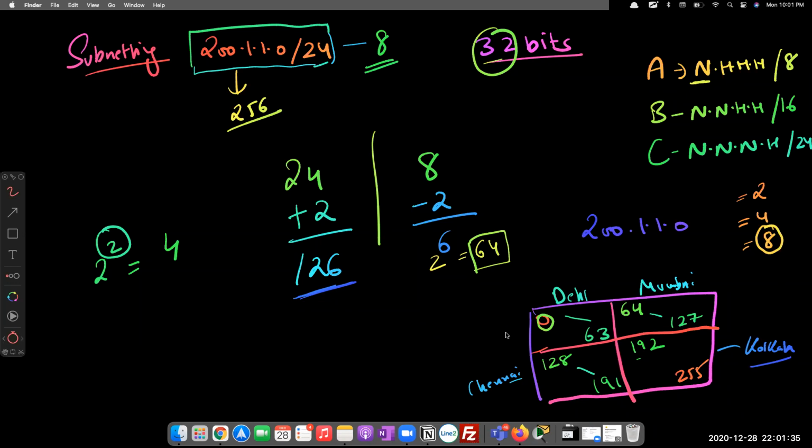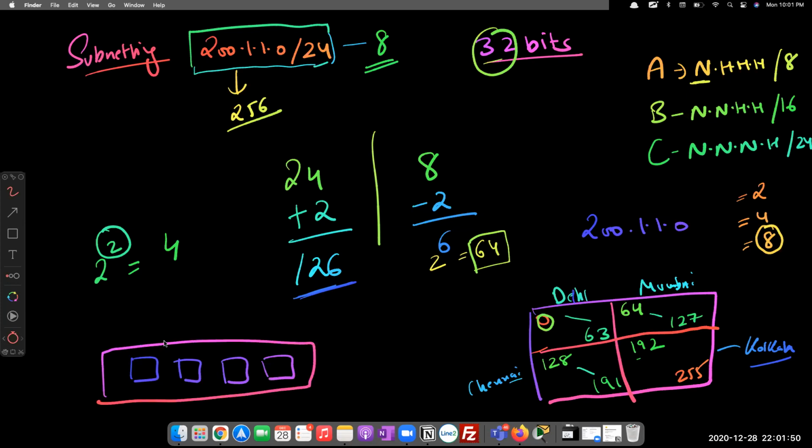Now, how am I going to assign IP addresses in Delhi? When we are going to assign IP addresses in the Delhi office, or maybe the servers in Delhi, how am I going to give the IP address in the computer? How do we write this 26 in the computer? Because 24 is very easy. We can write 255.255.255.0. So this is 24. But how am I going to write 26? I'm going to show you.